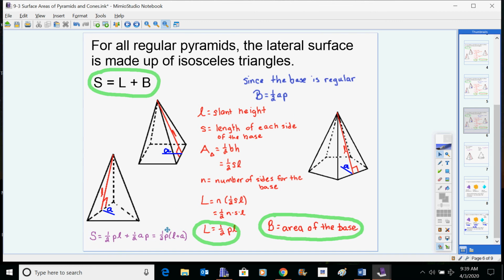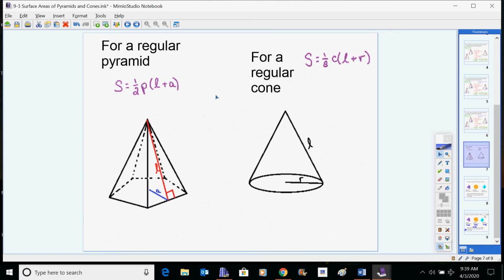Okay, so here's your formula. The surface area equals 1/2 P times L plus A. A cone, if you can imagine it, is when you take this and give more and more sides to the bottom, because you're getting a polygon that has more and more sides. It starts getting closer and closer to a circle. So you can imagine that the more sides your pyramid has, the closer it gets to a circle. So our formula that we just found and spent a long time working to figure out,